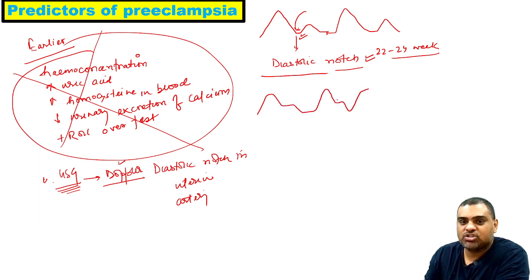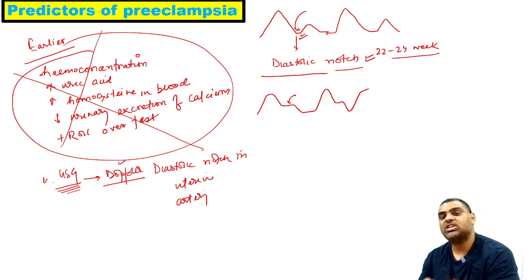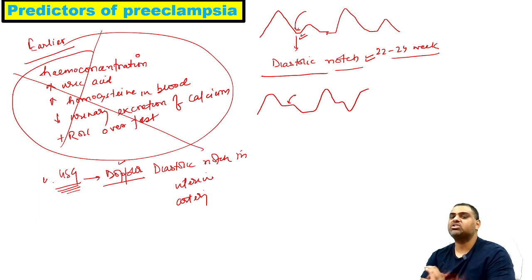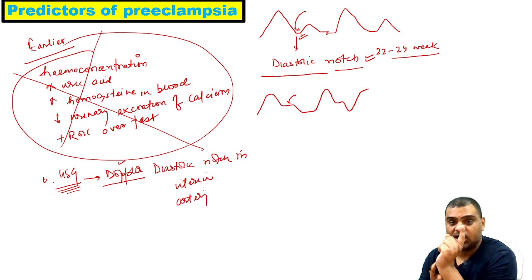So there is no notch. This happens in a normal pregnancy, that this notch is gone because of the increased blood content in the spiral artery. But what we have seen in the pathogenesis, now understand and revise that pathogenesis, we have seen that the spiral